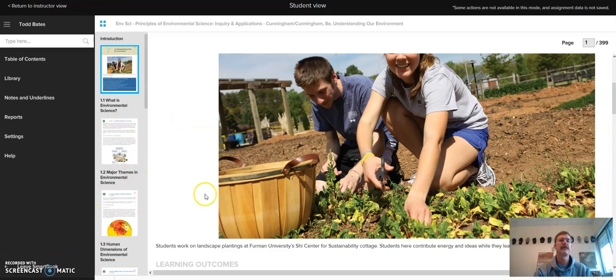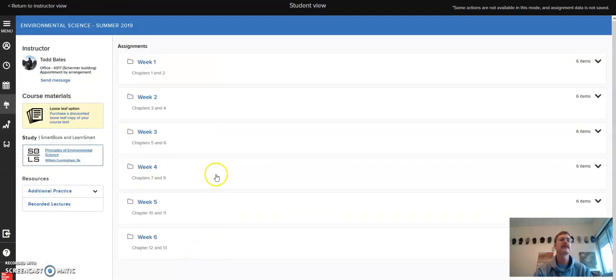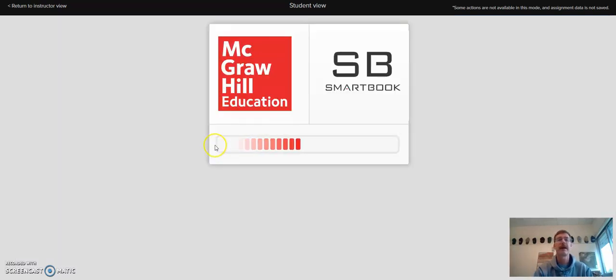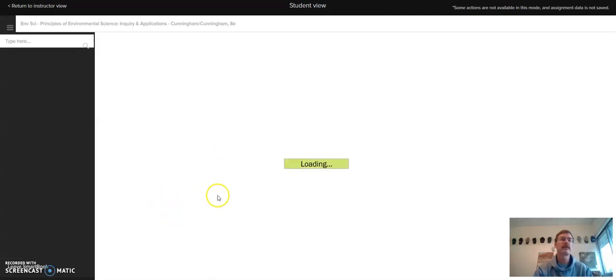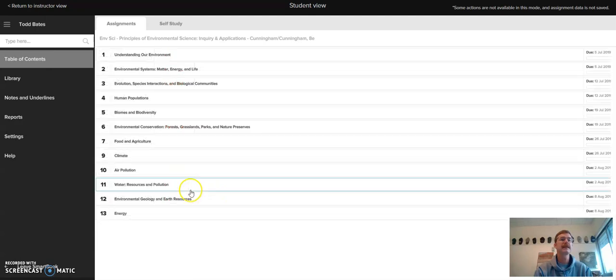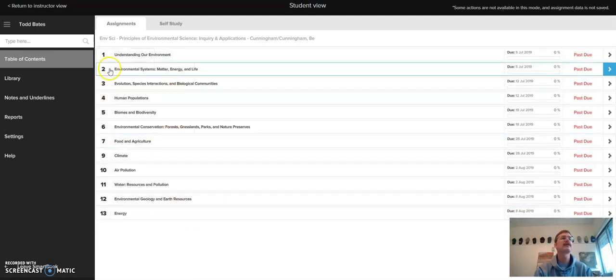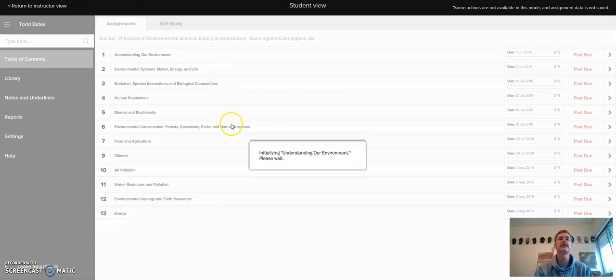Okay, so we're going to leave the SmartBook. In Connect, there is another opportunity for extra credit, and the extra credit will be done in the textbook under practice questions. We'll load this back up again and see if this works out. The practice questions are when you get into the chapter,